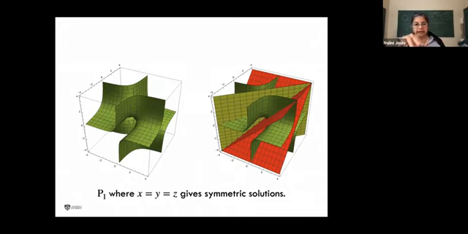And in this space, in this monodromy manifold, if you look at the one on the left-hand side, that's the graph that I'm talking about for Z as a function of X and Y. If I slice through that graph by planes, so here's a plane, here's another plane, and at the back is another plane, which are given by where X is equal to Y and Y is equal to Z and Z is equal to X, then they all intersect at one point somewhere in the middle of this picture. And that one point corresponds exactly to one of the symmetric solutions that I spoke about a moment ago.